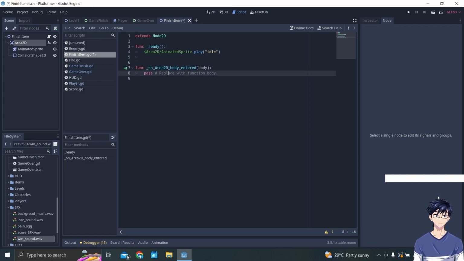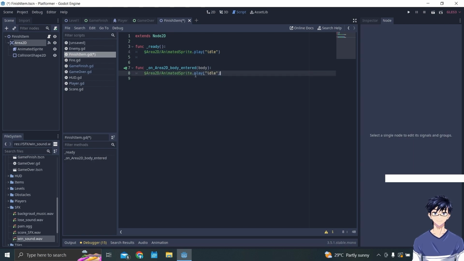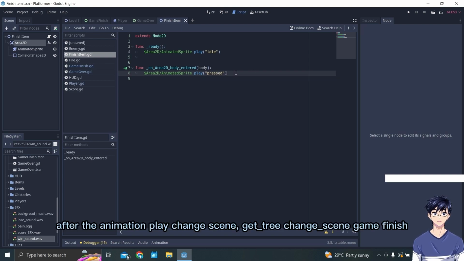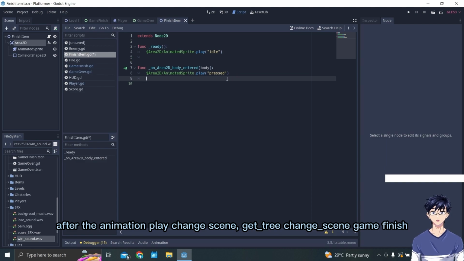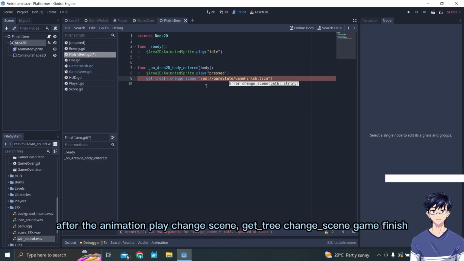Okay, when body entered, play the press animation. After the animation plays, get_tree, change scene to game finish.